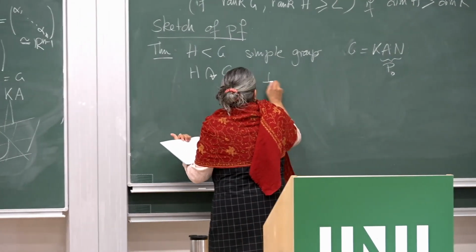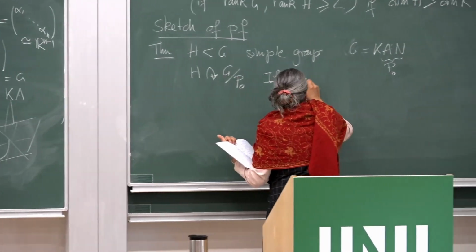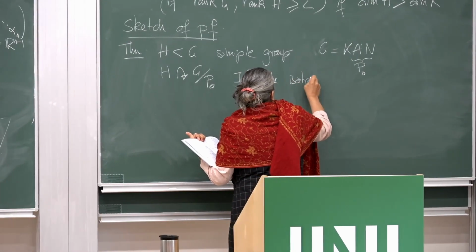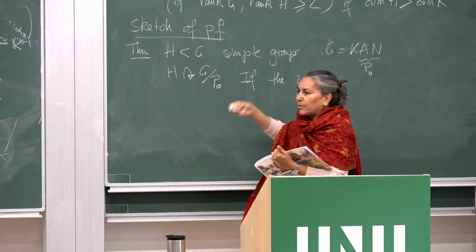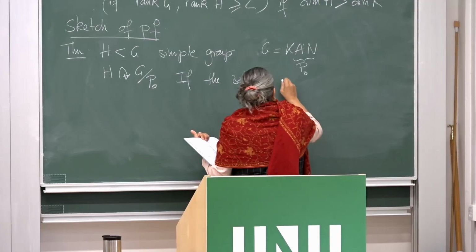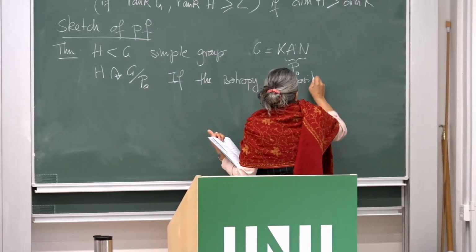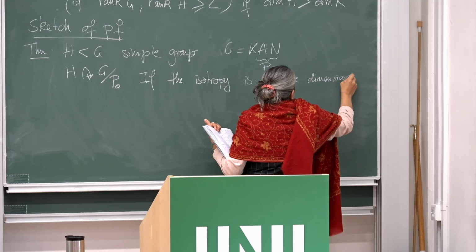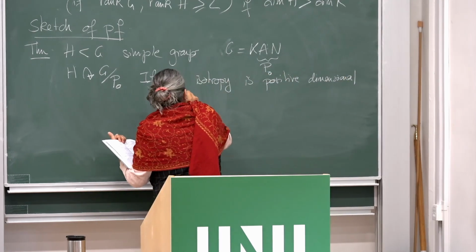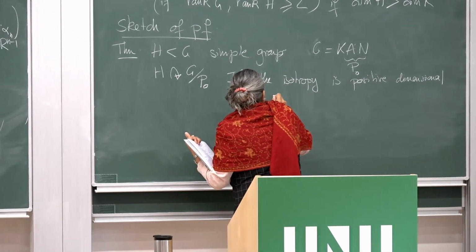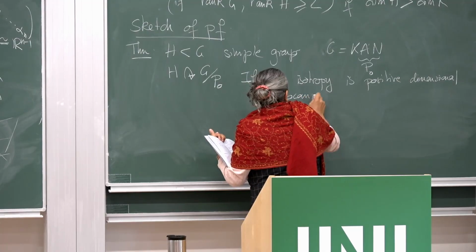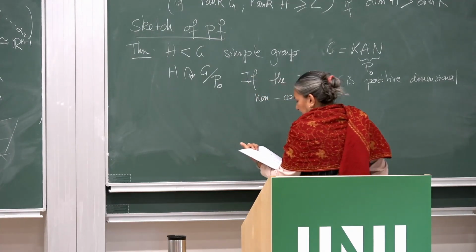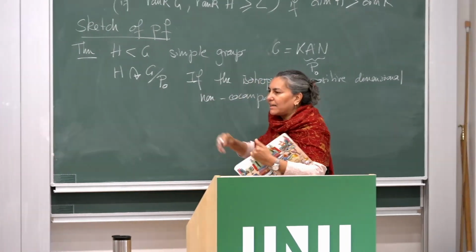And if the isotropy, the stabilizer of a point, is positive dimensional and non-co-compact, so that kind of means that H is large enough,